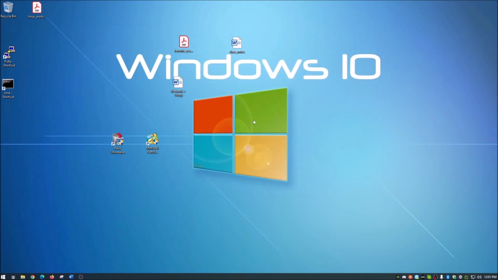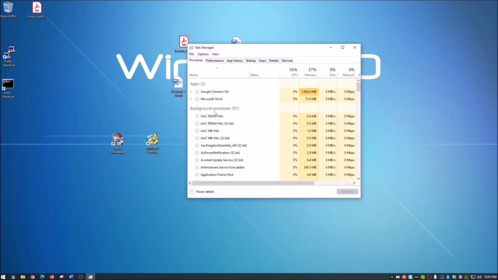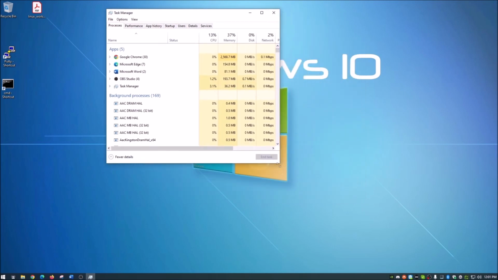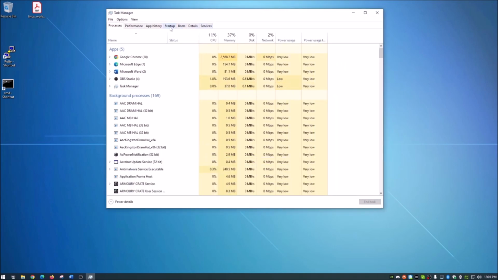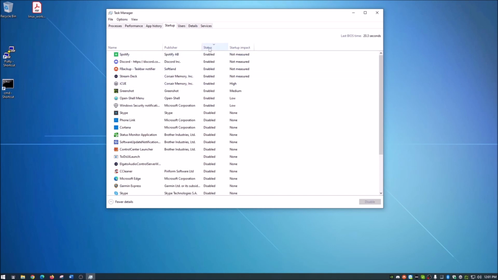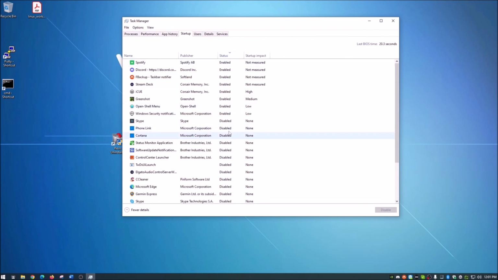So one thing that you can check is go down here to your taskbar, right click, and go to Task Manager. Now you're going to move over to the tab here called Startup. And what this is, you can see the status here. This will show you every application that is starting when your computer starts. I will tell you now, a good 90% of regular users do not need almost anything to start when their computer starts. All that is doing is running those programs in the background that you're not using and